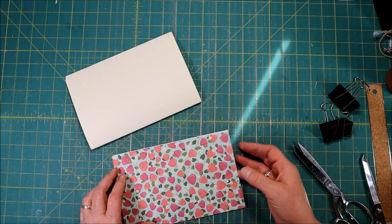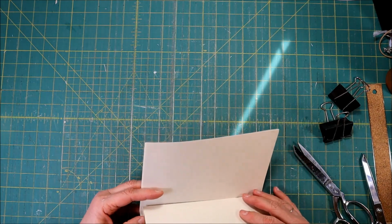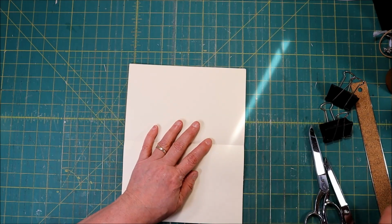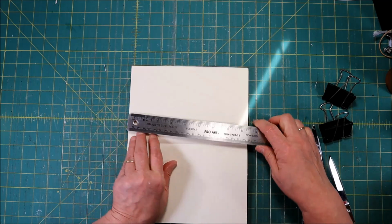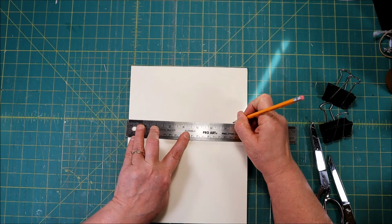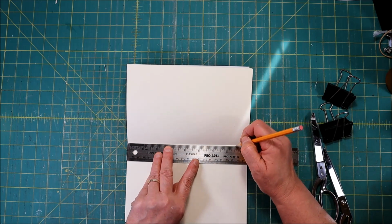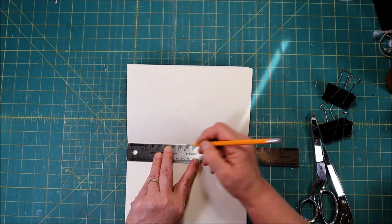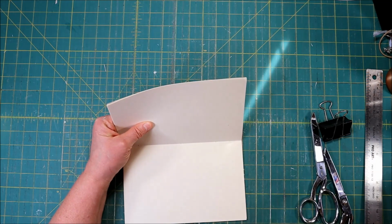We're going to take all of our paper, put it in here. Now the only tricky part that's a little different on this is we are going to be cutting this down to 7.5 inches tall because of my book. It fits the best at 7.5 inches. So I'm going to mark 7.5 inches inside here. So there's 7.5 inches, and then I want to come up about an inch from the top, and just someplace in the middle and make my marks. And you'll see why in a minute. So then I'm just going to put a clip on,